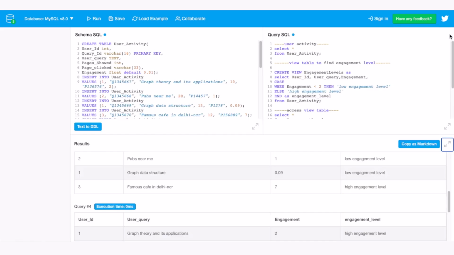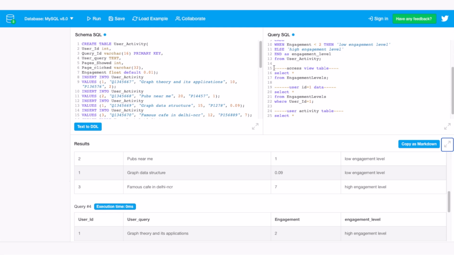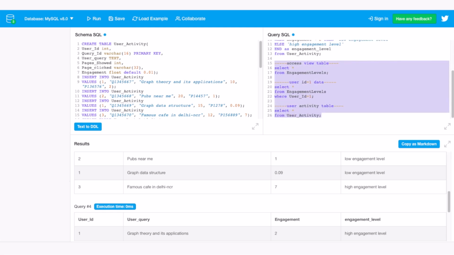Now, what if you want to edit or replace something from this existing view table? Suppose you would like to add one more condition. Like there are two conditions, high engagement level, low engagement level. Suppose I would like to add medium engagement level. Or my condition will be, for the value of engagement equal to 2, it should be medium engagement level. Okay, let's try that. Let's try if we can edit or replace the view. Let me delete all these codes and keep only view